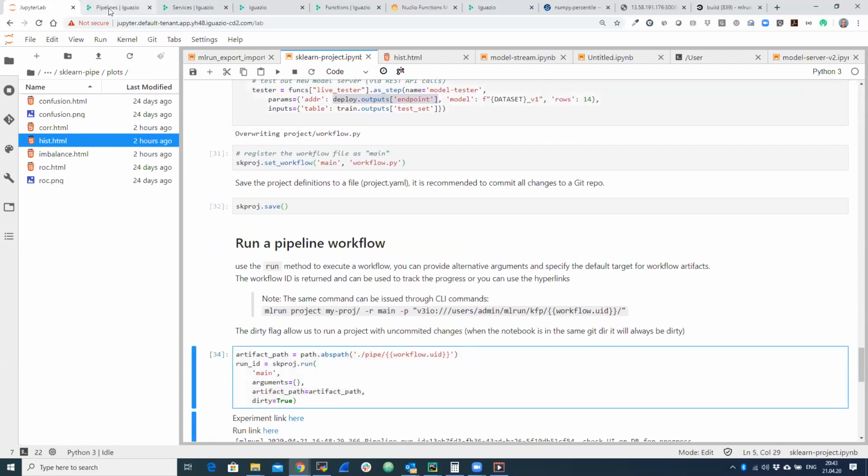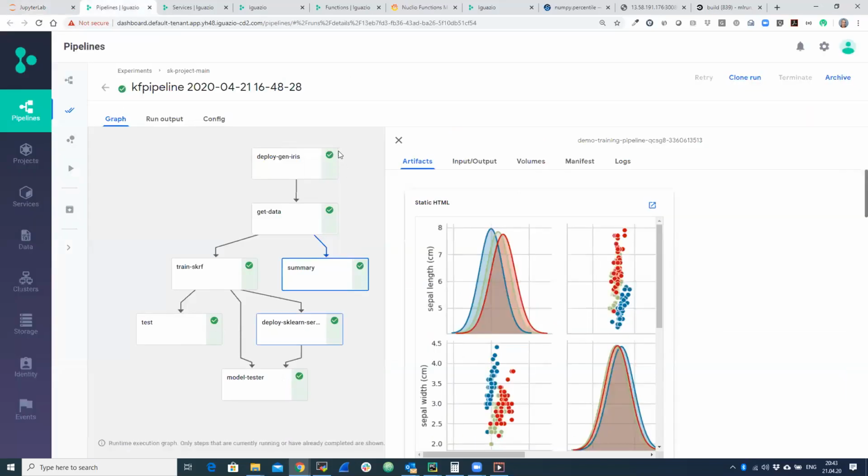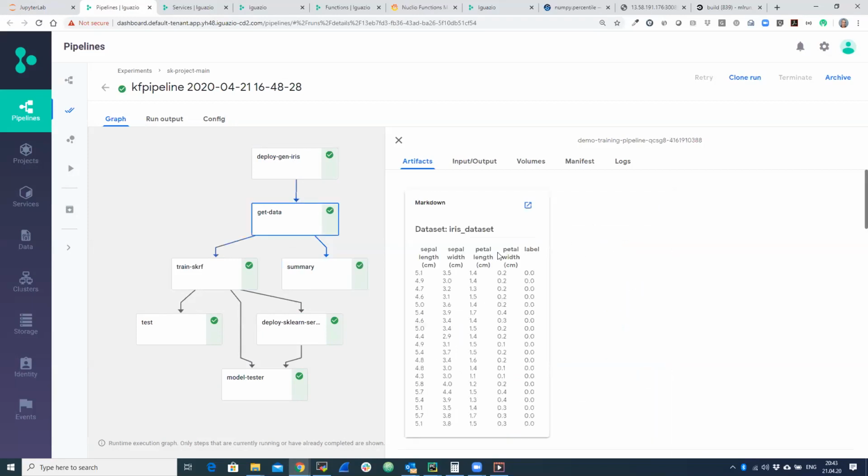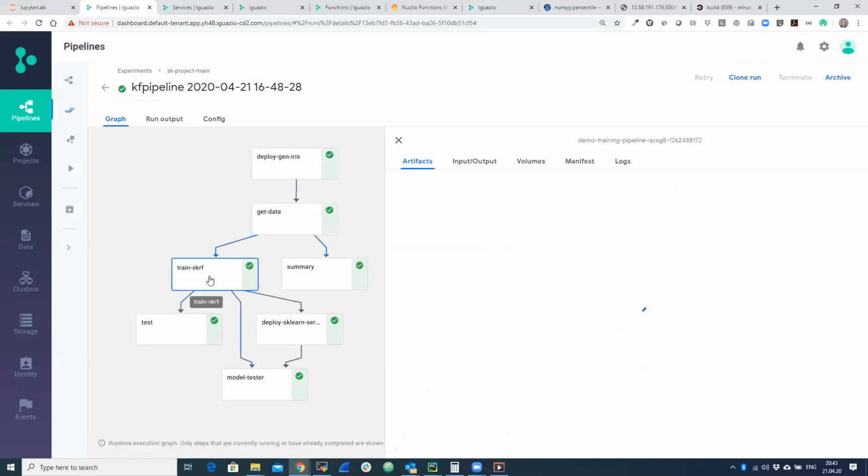If I open Kubeflow now, which is also managed by our platform, but it's an open source project, then what I just drew in Python, I can see also visually. So you can see that I deployed my function. The next step, I got the data, and I can even see a snapshot of the data that was generated. I'm running training.